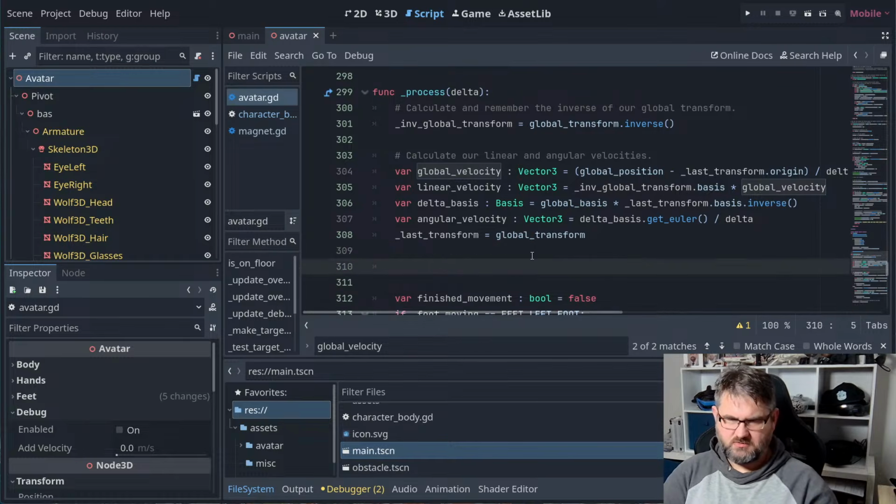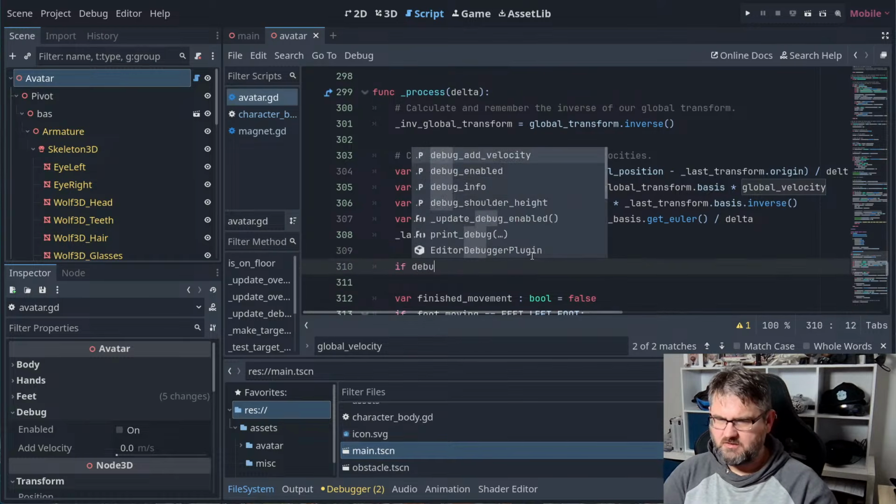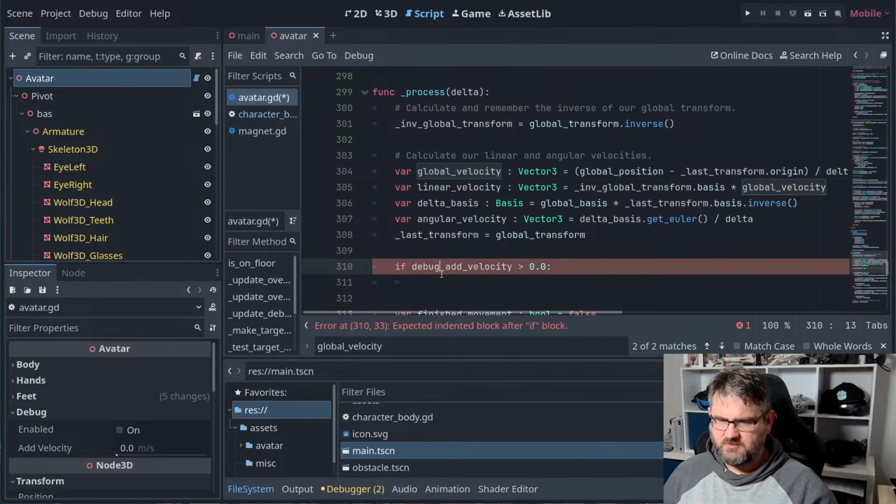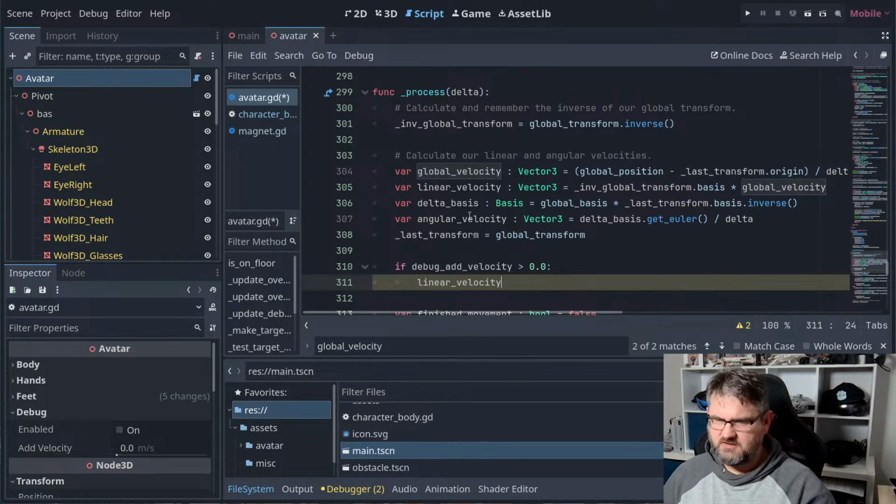So here what we're going to do is, if debug add velocity is bigger than 0, then obviously we're first going to add that to our linear velocity. Now our linear velocity is in local space already. We are moving